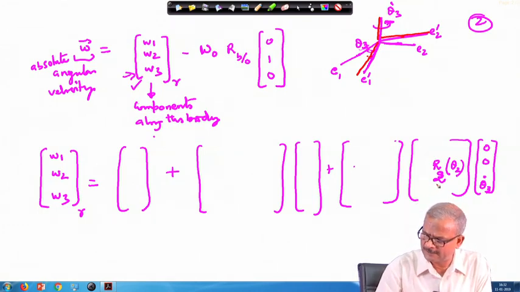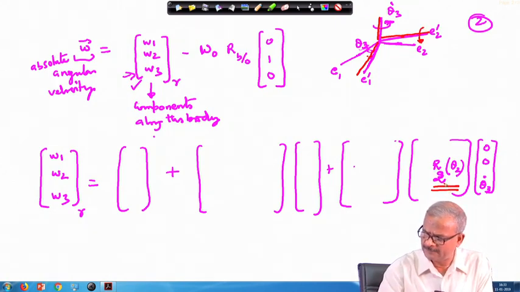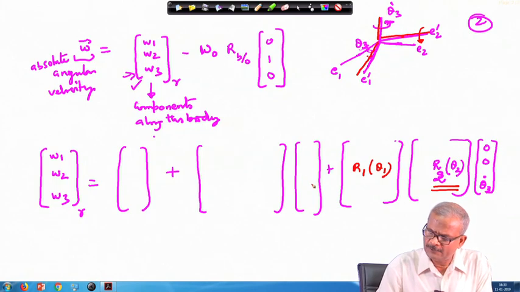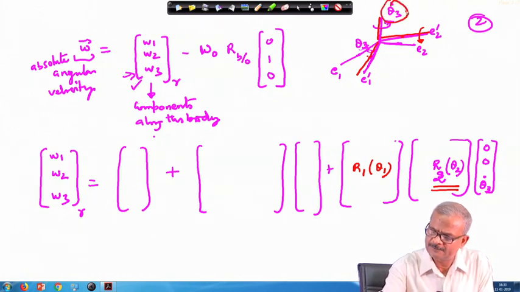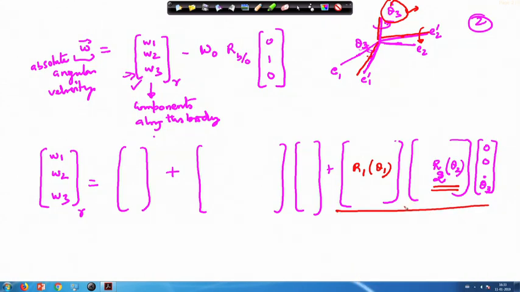So how many rotations are required? Only 2 rotations. One rotation about the second axis, because the next rotation I am giving about the second axis, and the last rotation I will give about the first axis. So one more rotation here, which is theta 1. Similarly, here this is your theta 3 dot, this gets converted along the body axis. Then we have the theta 2 dot. So theta 2 dot will lie along this direction, okay. And this we need to convert.